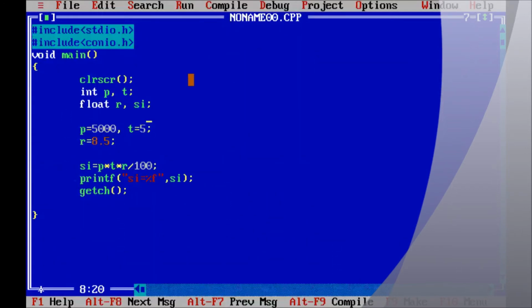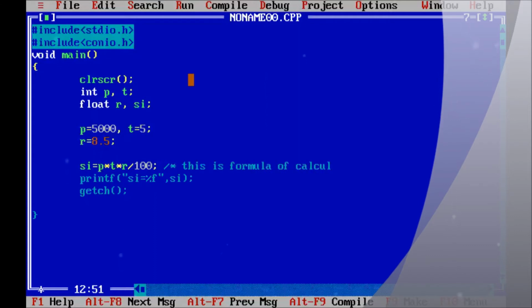Okay. You can also write a comment here. You can write the comment like /* this is the formula to calculate simple interest */. Okay.